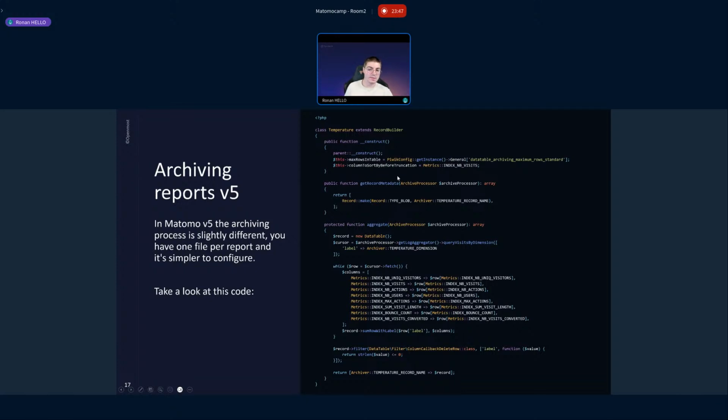You have to make a recorder that creates the archive based on the archiver temperature record name, so the default record, and then the archiver. And here we can add different metrics we want to process in the reports. That's all. And at the end, we just say that we want to have data only if the value is longer than 0. So if we have a value, we want the value. If we don't have the value, we just want a placeholder value or nothing.